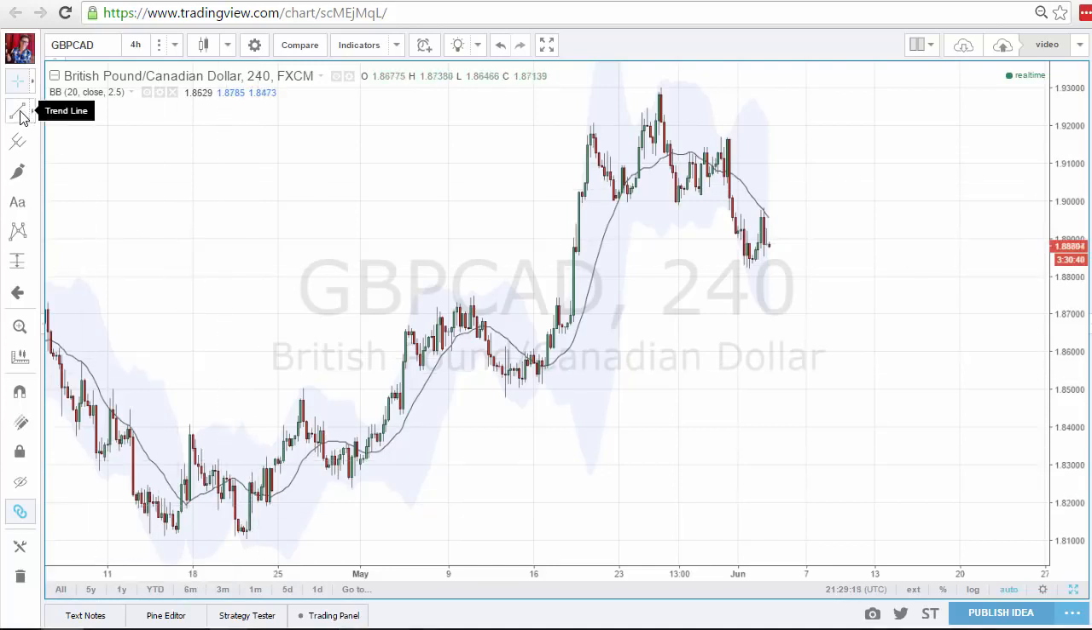For that we grab the trend line tool here, and when drawing trend lines it's important to know that we always connect swing lows and swing highs. We always start with 2 swing points, and then we see if we can get the third confirmation, which then validates our trend line. So when we look at this British pound Canadian, we can see that price has been